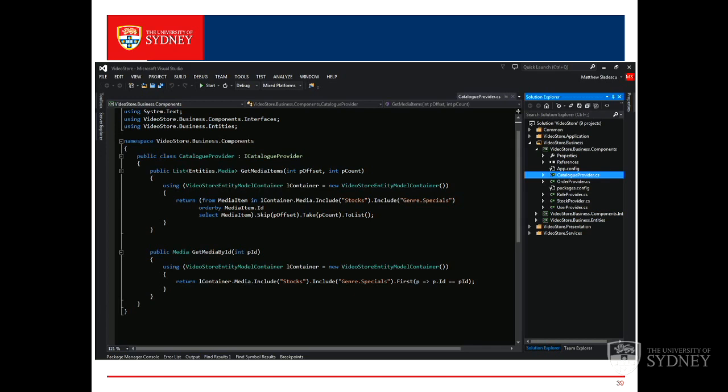That's different. But this catalog provider implements the ICatalogProvider interface, and it has two implementations for two methods: get media items and get media by ID. And this stuff is a data accessy languagey thing called LINQ.